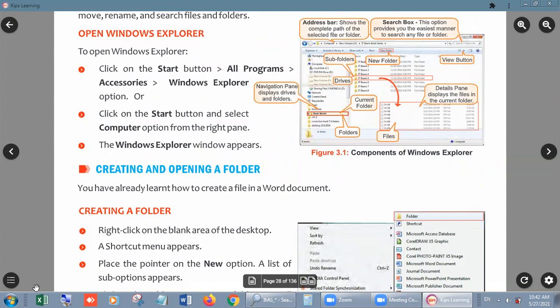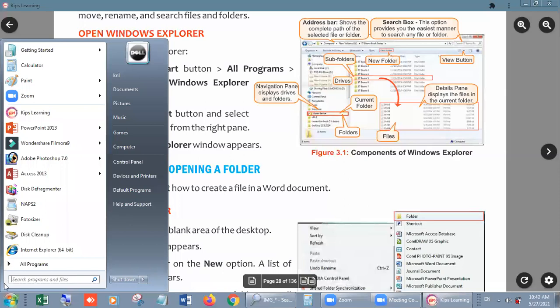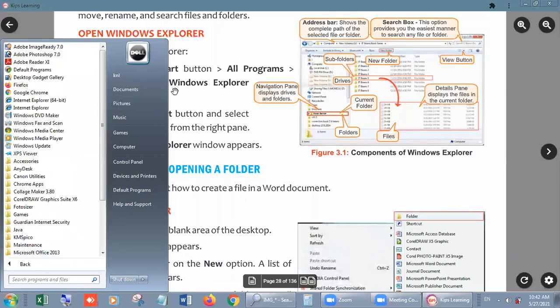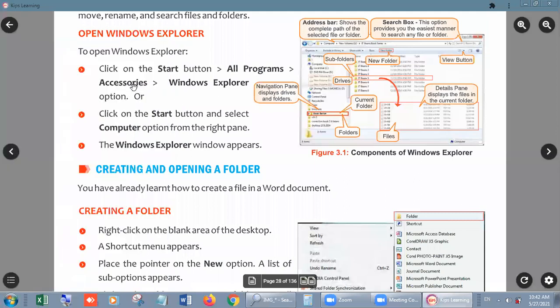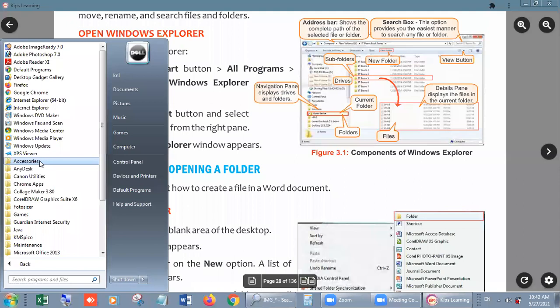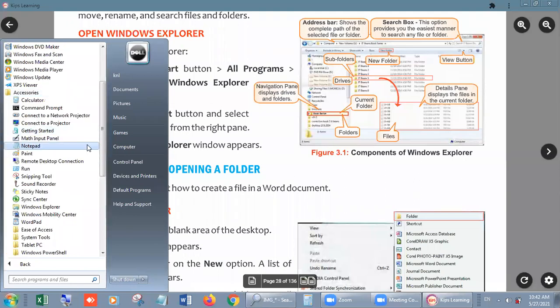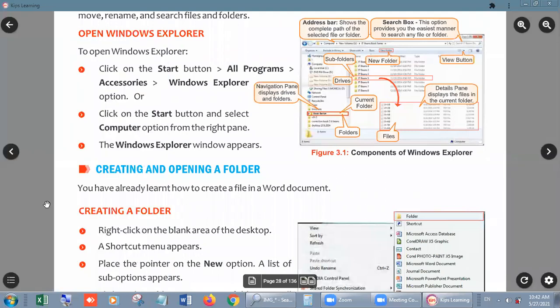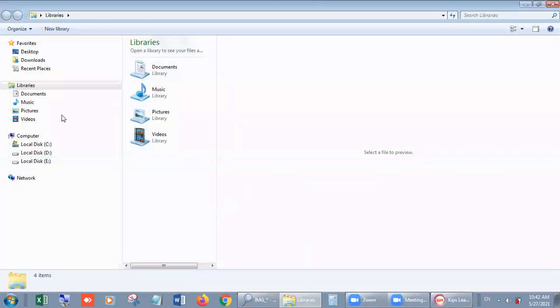First way: click on Start, then All Programs, then Accessories, and here we will get Windows Explorer. Click on it. The new window of Windows Explorer will come.